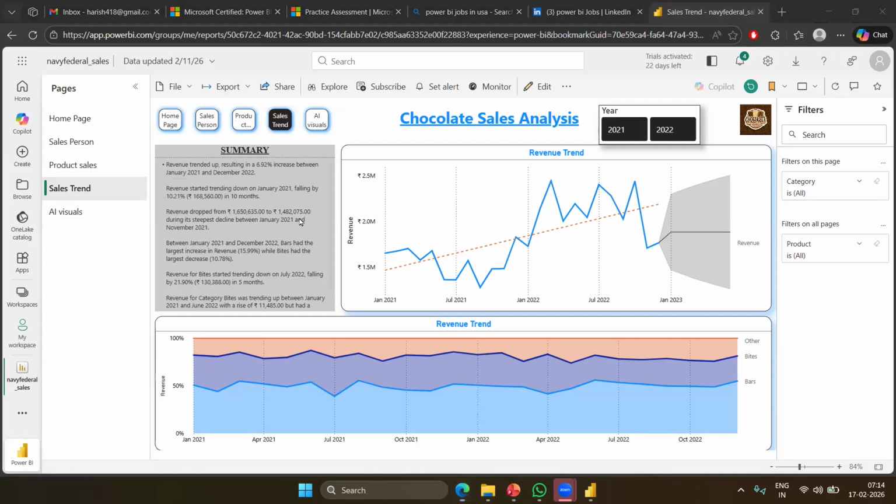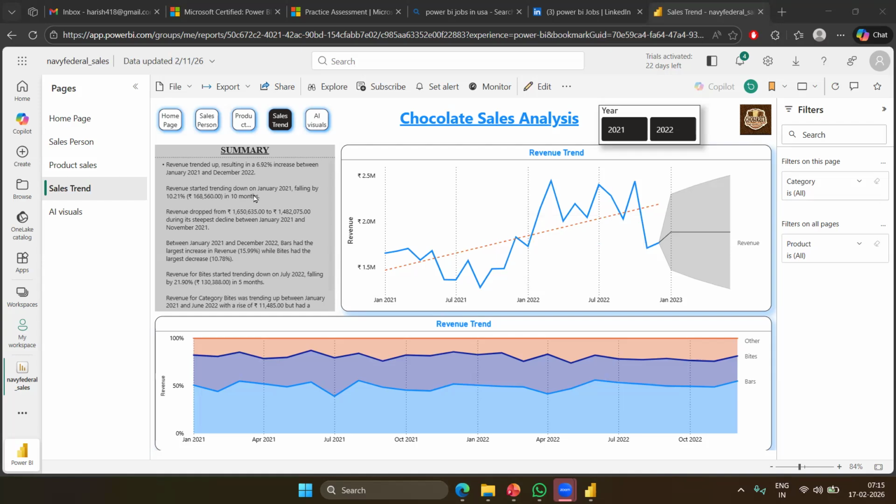See, revenue trended up, resulting in a 6.92 increase between January to December. So yes, we can see an uptrend. Now the question is, how much percentage is upward? So it gives 6.92%.